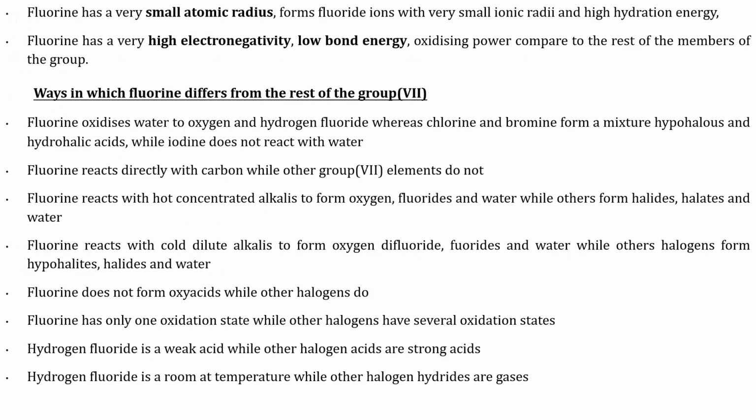Since we are referring to reasons, that's why I've talked about periodicity, because there was a why. When you see why or reasons, you always refer back to periodicity. That's why I'm saying that fluorine has the smallest atomic radius. Fluorine has the very high electronegativity. Fluorine has the lowest bond dissociation energy. Like I've already said,